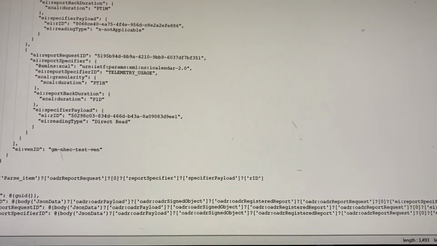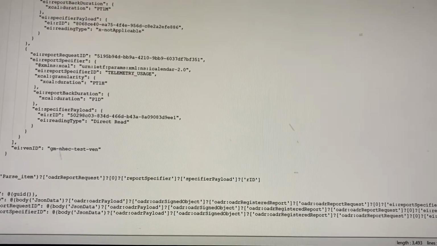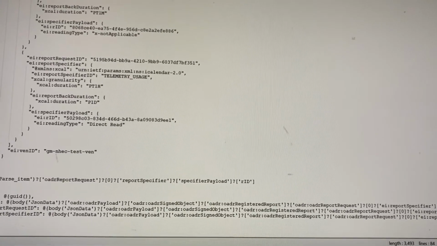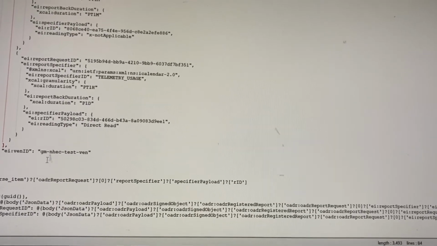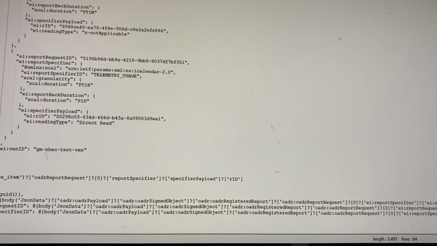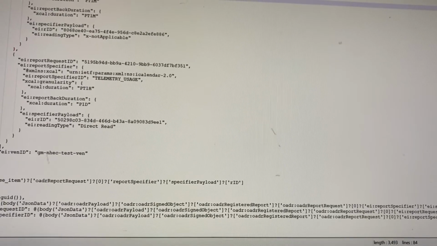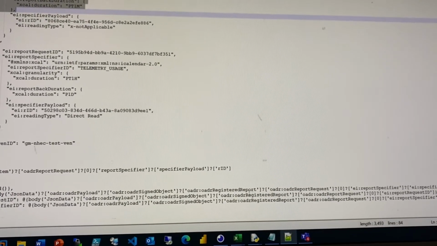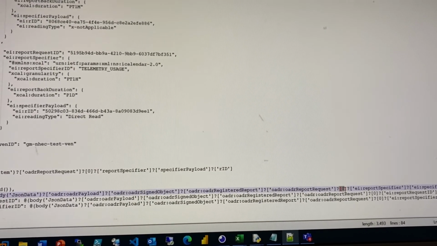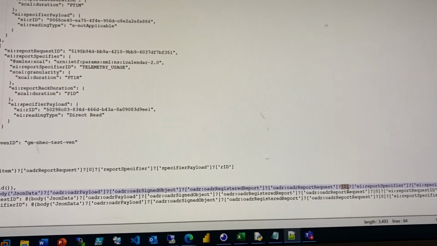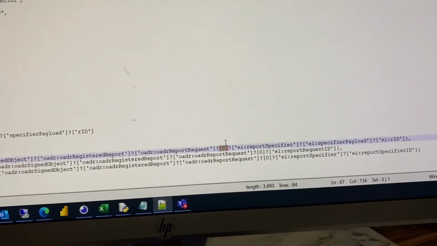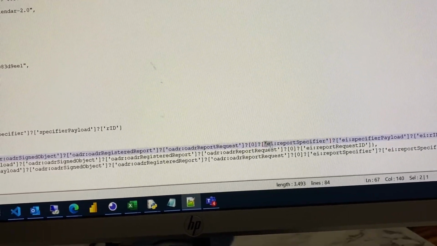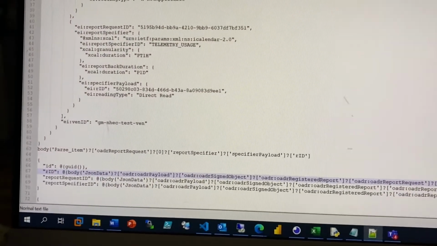And when we come to this level, the value in this level, they stay in the list right here. You see, this is the list, and the value we want to get is the first item of the list. So we have to say, okay, I need to get the first item in the list. It starts from 0, right? You have to say 0, and after 0, you have to come to